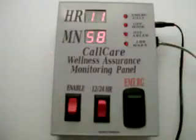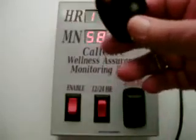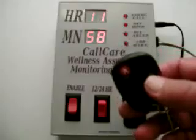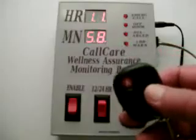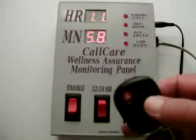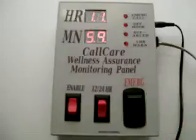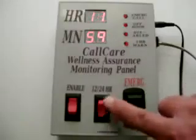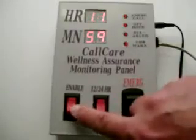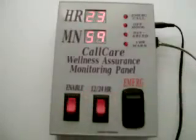The RF pendant also has a black B button, which will reset the wellness interval. You must use this button or the panel's enable switch to reset the interval at any time during the wellness interval. Failure to do so